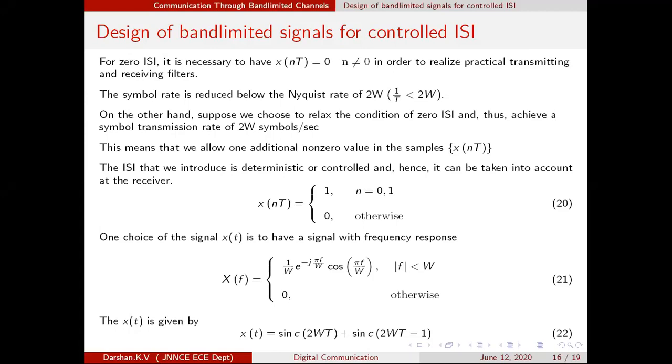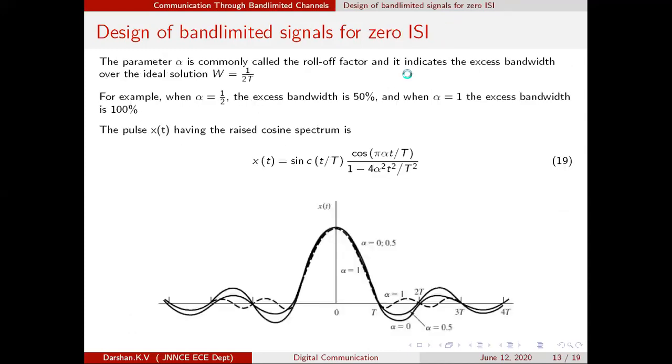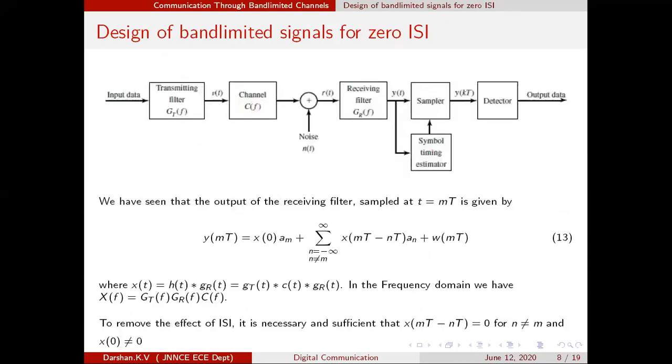Since there was a gap of nearly 1 week, let us recap what we have learned. The aim of today's topic is design of band limited signals for controlled ISI. That is the topic, and we have started the topic. So to have a proper continuation, let us recap what we learned in the previous class. Let us go to the previous slides itself, a single slide which can explain every